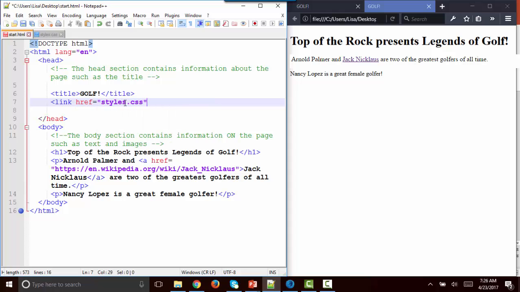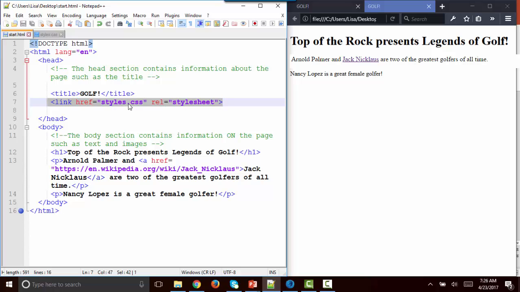Your style sheet can actually be named anything you want, but styles.css is a common name. And then we need to tell the HTML the relationship between this file and the web page. And so there we have it. With that one line in the head section, we are linking this web page to a style sheet called styles.css